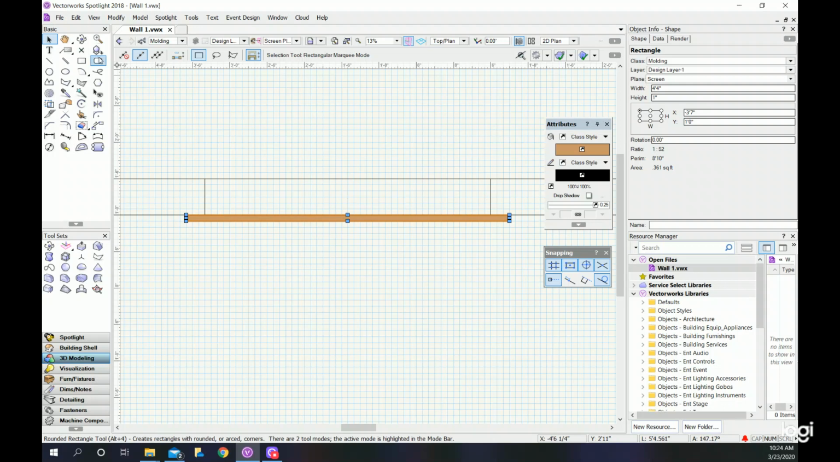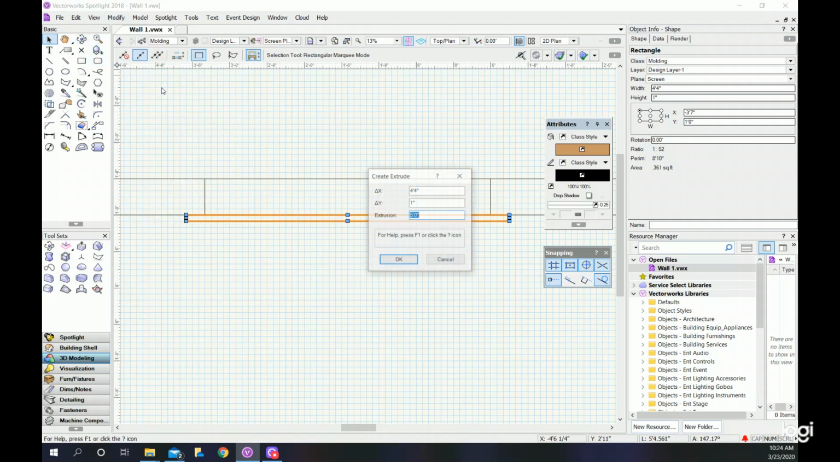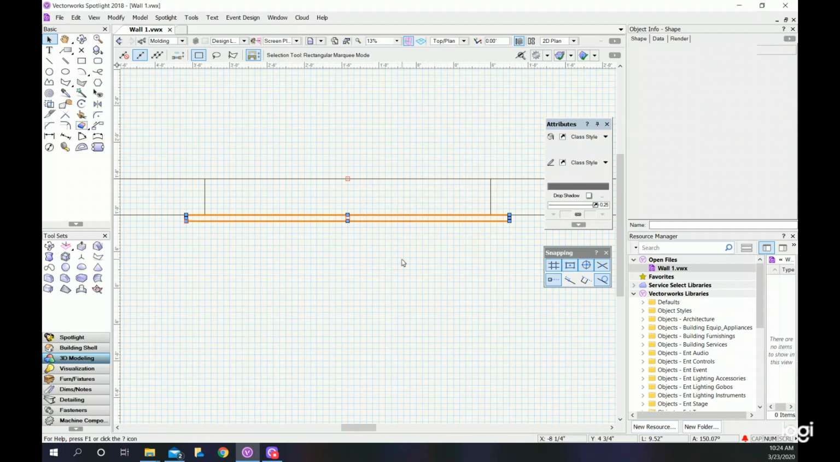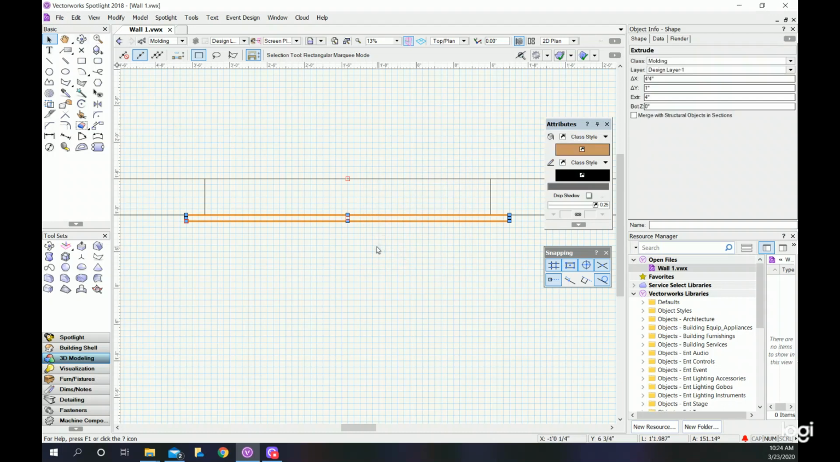Now that molding is 4 inches high, so I go to model, extrude, and instead of 5 feet I'm going to make that 4 inches, and I say OK. Now it is also 18 inches off of the ground, so I change my bottom Z coordinate to 18 inches off of the ground,